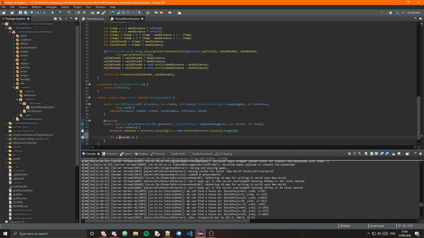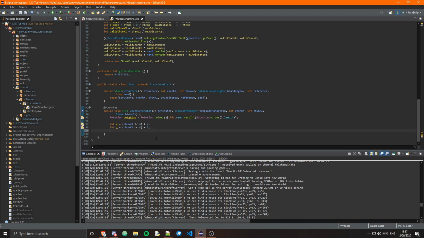So it shifts it left by 4, I think, and then it adds 7 to get the center of the chunk as a block pos. I'm not entirely sure how it works. I think I kind of understand how it works. But it's not really too big of an issue because you don't ever want to change this as such. So that is something you want to keep the same, unless you don't want it to spawn in the center of a chunk for some reason. I don't know why that would be, but...